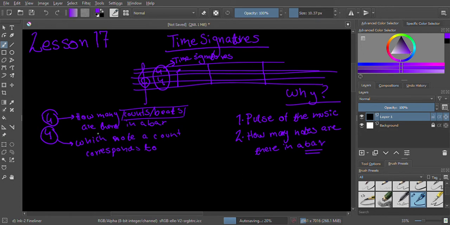I find it's best to conceptualize it as which note each count corresponds to, because once again we need to write music in terms of notes, right? So this number is linking us back to notes, so it's which note a count corresponds to, right? You might be thinking, well, how is this number supposed to tell us that? And that's where I'm going to take a small segue to talk about the numerical system we use in music